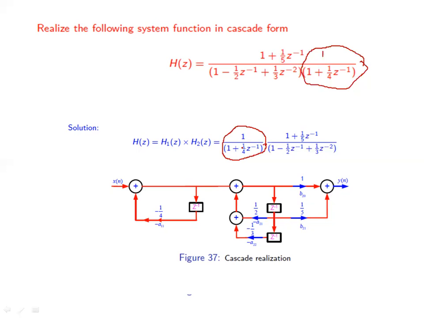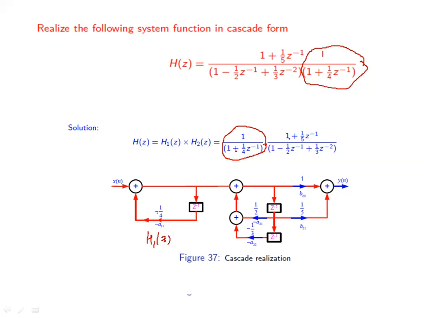Here one thing you need to remember. If in the transfer function form the denominator coefficient is plus, then we will get this multiplier as minus. And if it is minus, we'll get the multiplier as plus. So that we need to remember. Or else you just follow the same procedure which we have done for direct form 2. First convert this into the difference equation and implement. You will get the same thing. So this is for the first part, which we are calling H1(z).